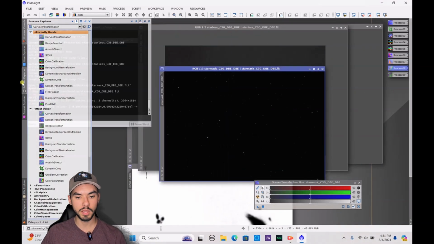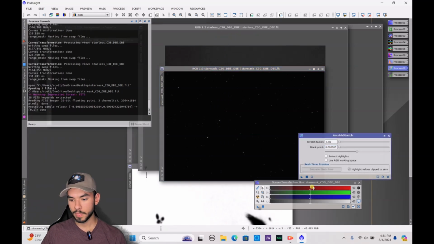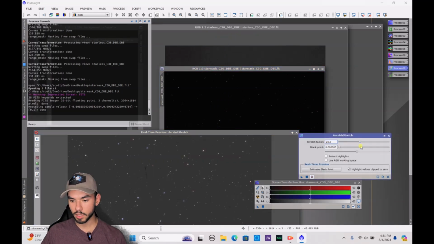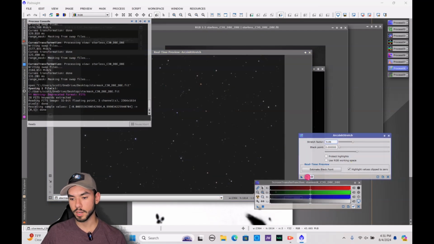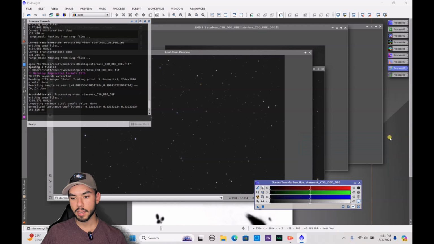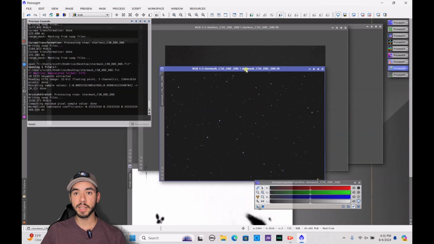Again, we're going to open up the ArcSinh stretch, make a preview of that, and bump up the stars a little bit so that they don't look too small. And we're going to hit the square here once you're happy with the size, and close out of this. Now the next part might seem complicated because I'm going to say math,